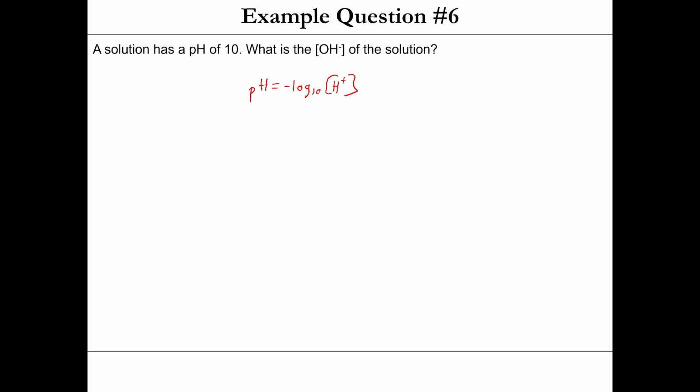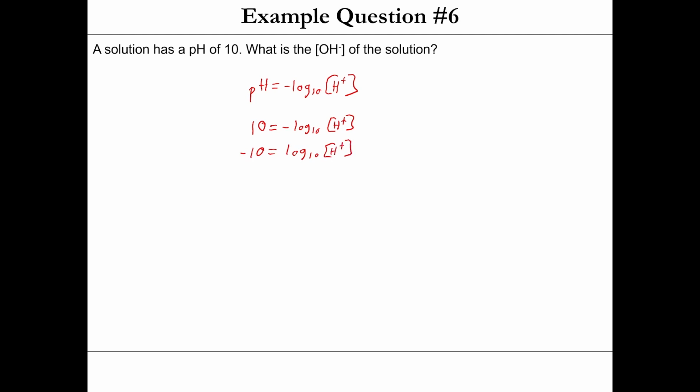So our pH is 10, of course. So 10 equals the negative log base 10 of the proton concentration. Let's get rid of that negative sign. So negative 10 equals the log base 10 of